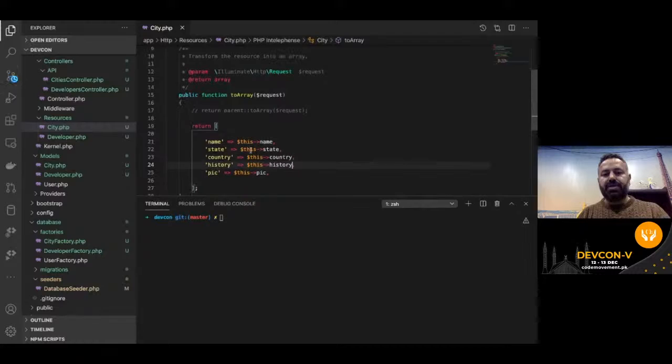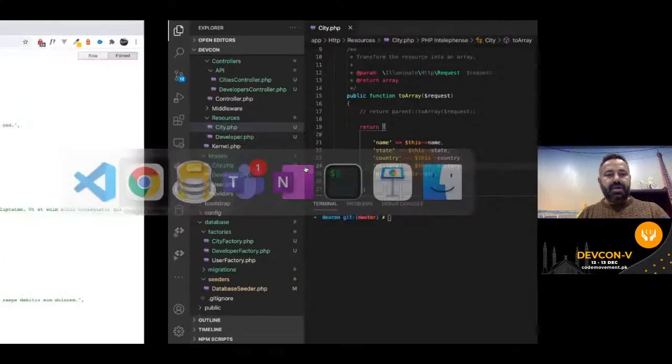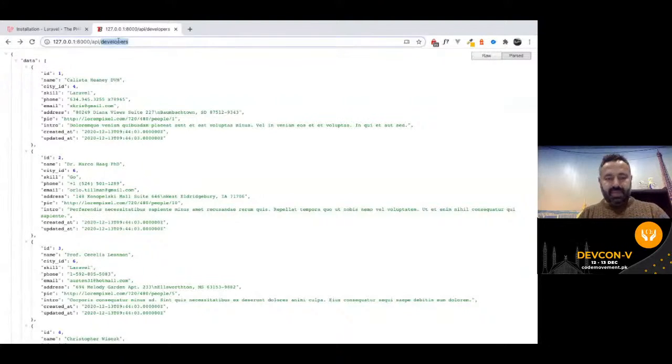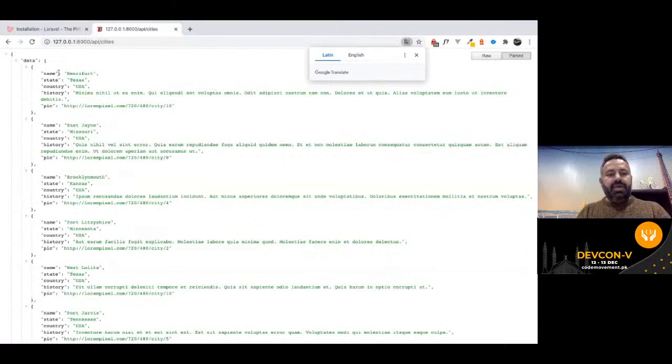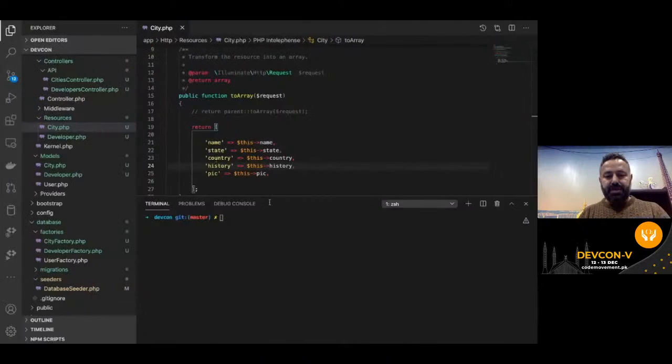Okay, now this is going to return the name, the state, the country, the history, and the pick. And if we now go to the cities endpoint, it's just going to return these things. It's not returning any timestamps. It's not returning any ID, nothing of the sorts. And if we go back to the developers